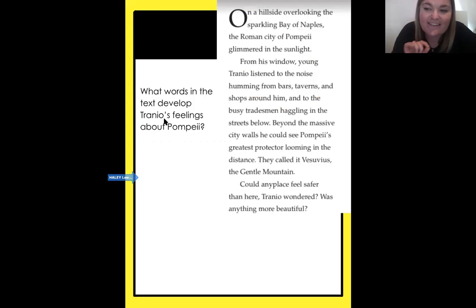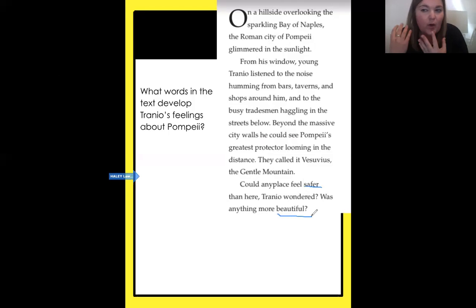So let's look at this little piece of the story. What words in the text develop Tranio's feelings about Pompeii? How do we know what Tranio is feeling? Pause your video here and look through this passage. Look through this little paragraph. All right, fourth graders, hopefully you took some time to look over that paragraph. And if you could underline it, I hope that you notice down here where they say, "Could any place be safer than here?" Tranio wondered. "Was anything more